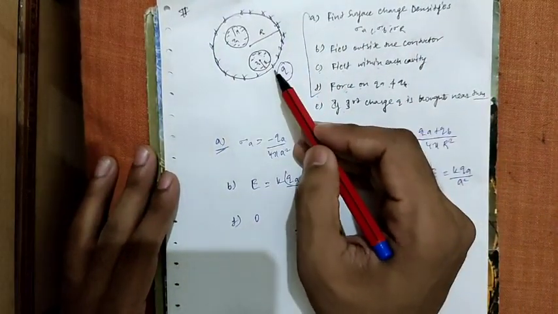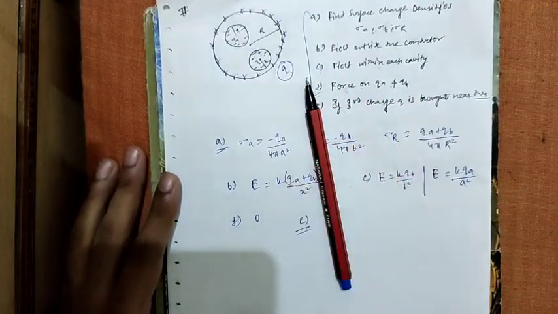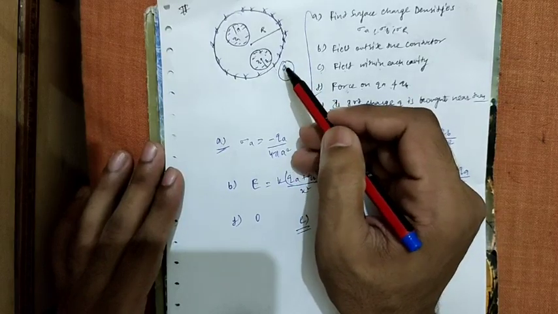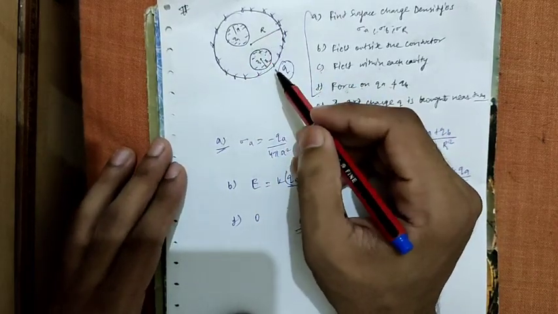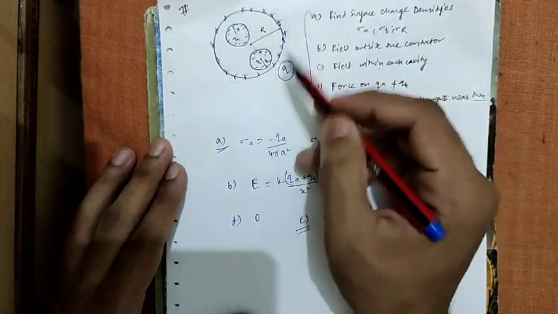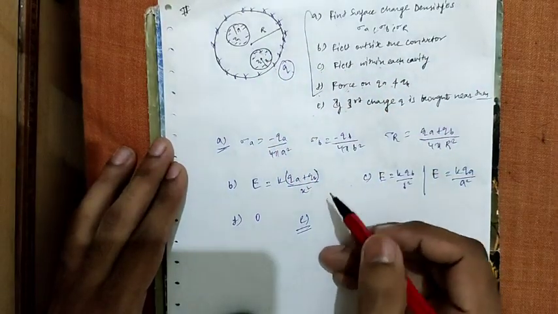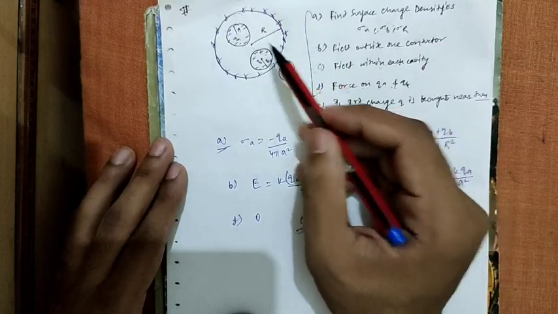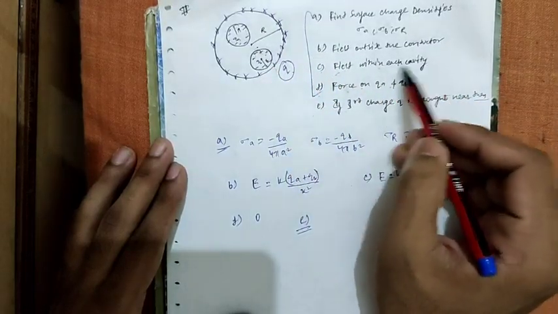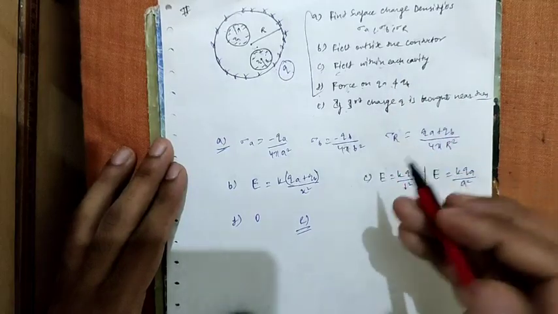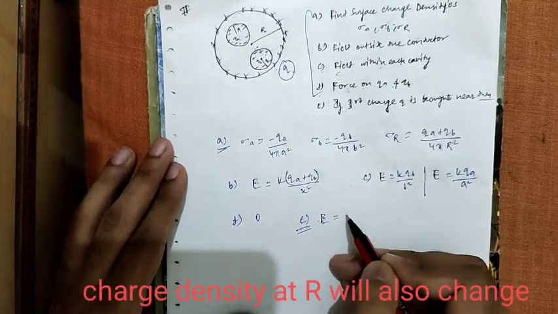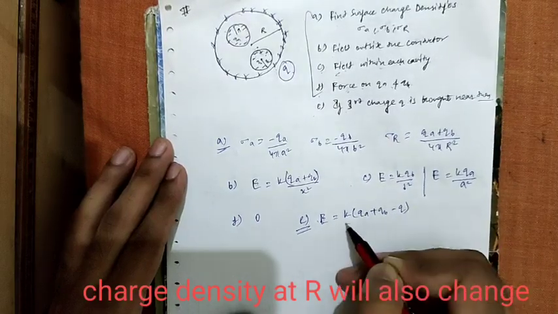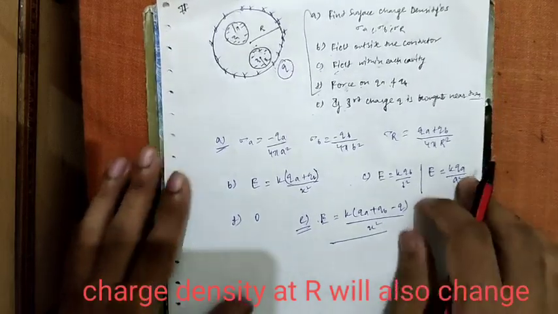As you know, when a charge Q is brought near this metal sphere, electric fields cannot penetrate this metal surface. To prevent this, negative charge is also induced on the outer surface, so the electric field at the outer surface will change here, and nothing else will be affected. So the field within each cavity will not change; only the field outside the conductor will change, which is equal to k (QA plus QB minus Q) by x square. Okay, thank you.